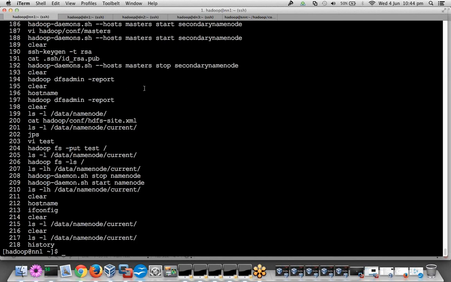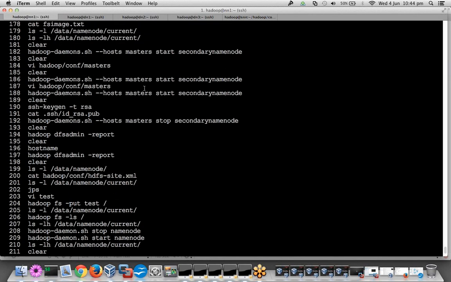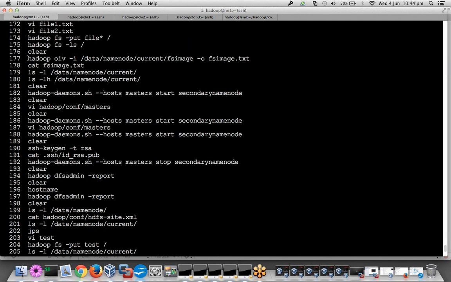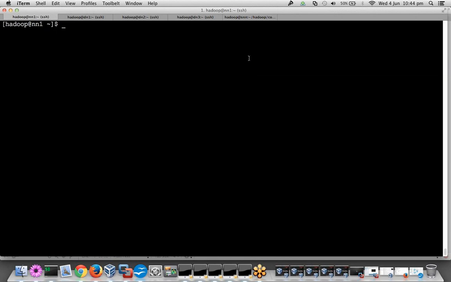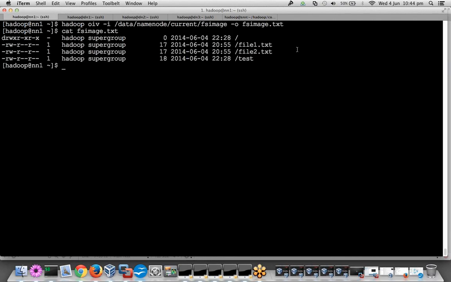For example, let's say I want to look inside the fs image and see what exactly it contains. I can execute a command, hadoop oiv. This is the image viewer, right? So if I hit enter here, and do cat on fs image, it will show me what